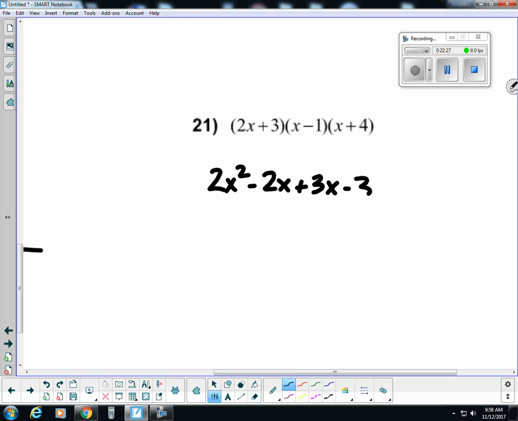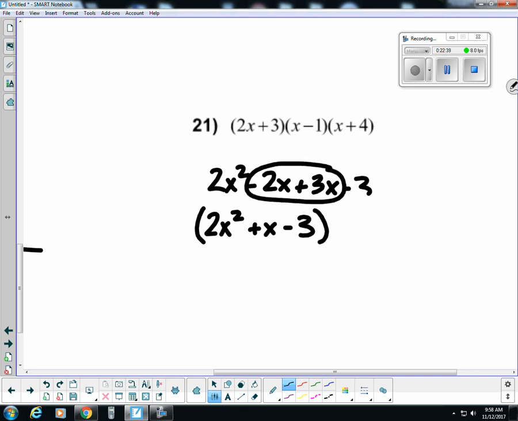So I'm going to combine my like terms here. That's the last step of FOIL. So I have 2x squared plus x minus 3. I combined the negative 2x plus the 3, and that gave me a positive x. Now, what I haven't touched yet is this x plus 4. So I'm going to bring it back. And now,